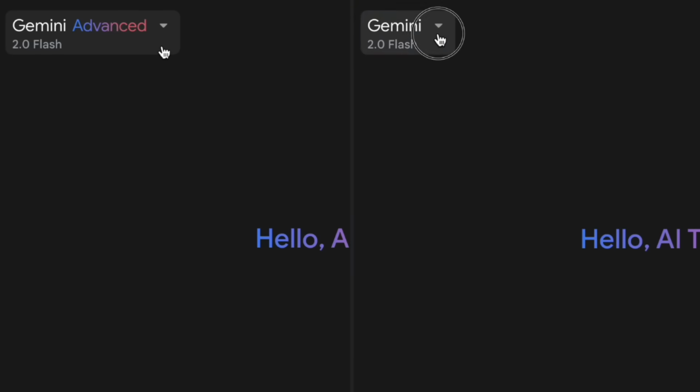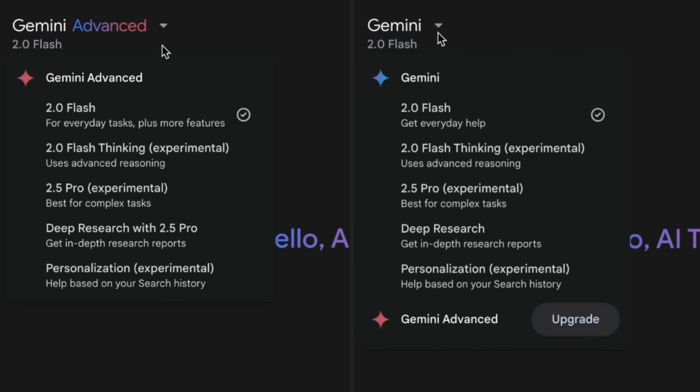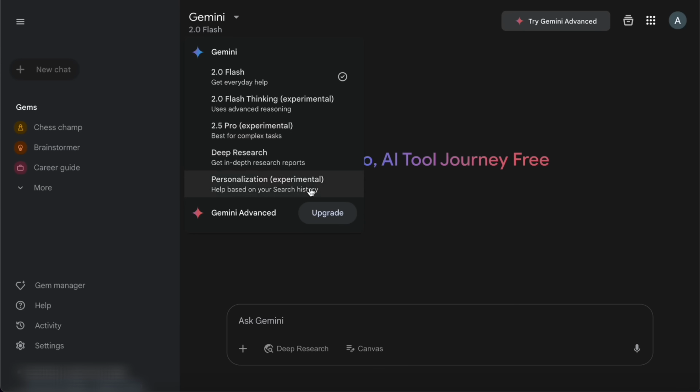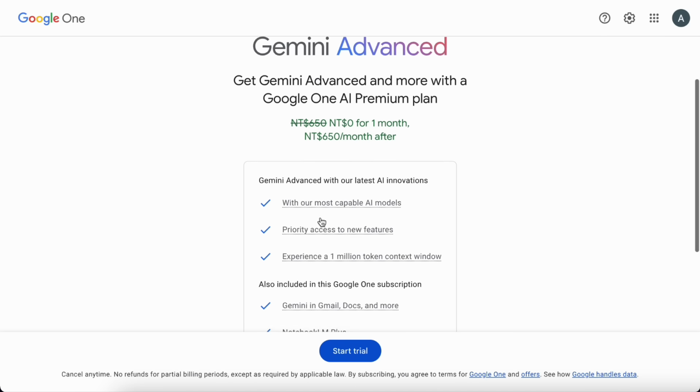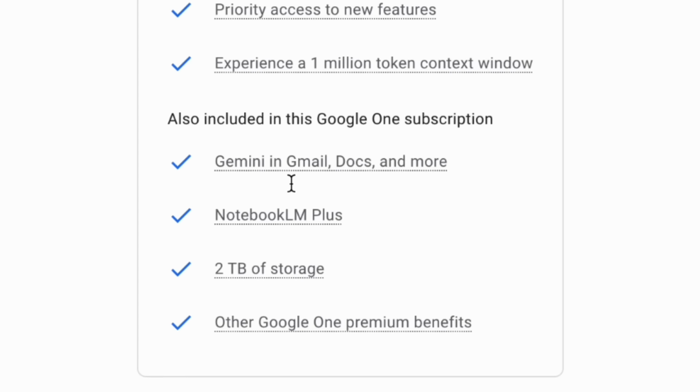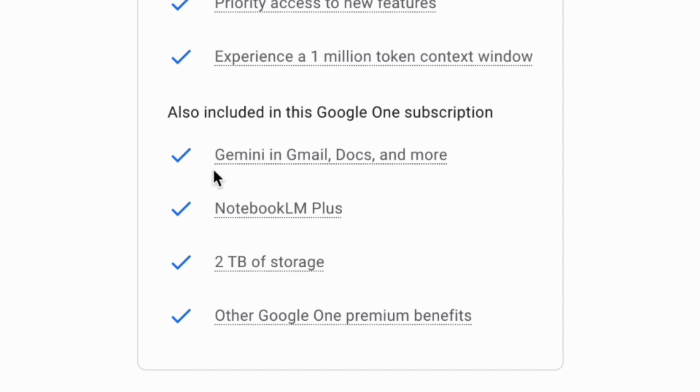Earlier, I mentioned that the models available in the free and paid versions of Gemini are actually the same. So what extra do you get with the paid Gemini Advanced plan? First, you can use Gemini directly inside Google services like Gmail, Google Docs, Sheets, and Slides. This means it can help you summarize emails, generate writing suggestions, recommend table formats, and more,